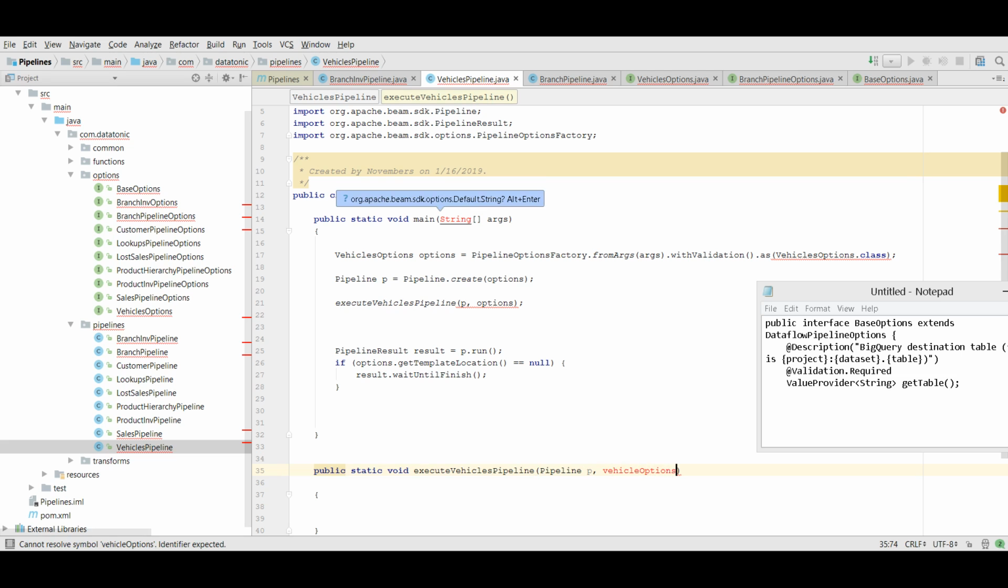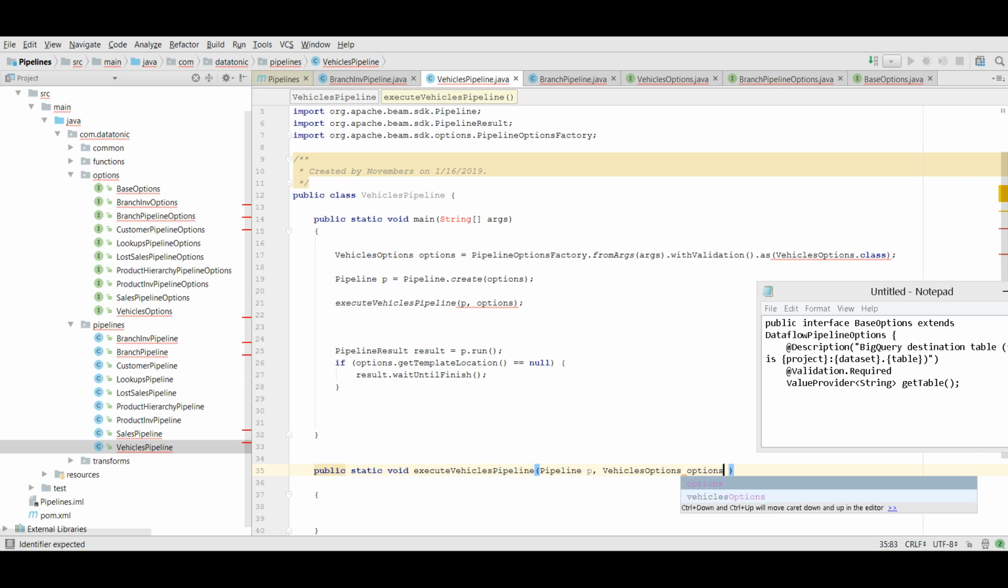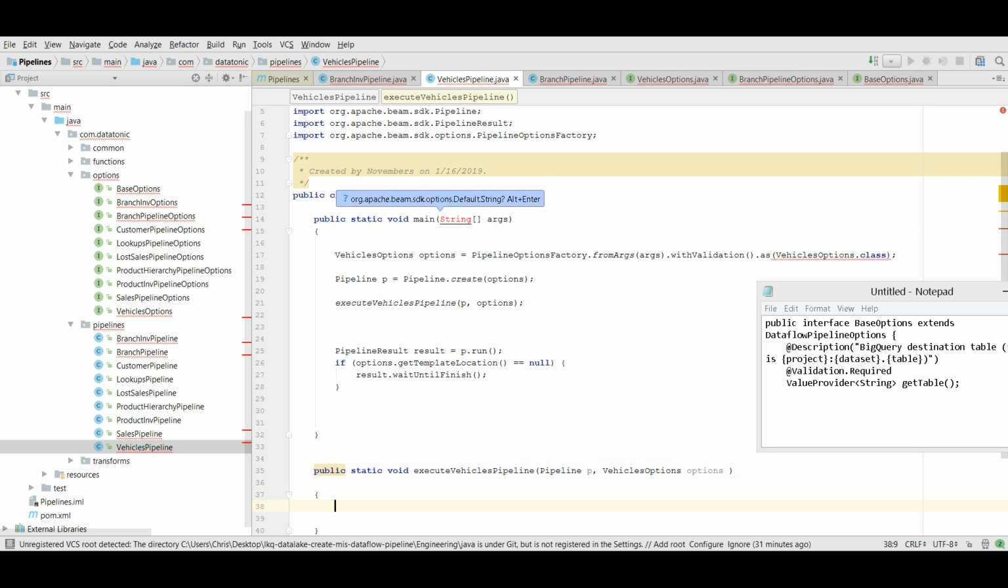In non-camel case. Yep. And then just call it options. Okay. So now if you look again at any other pipeline, branch pipeline, customer pipeline, lookup pipeline, not